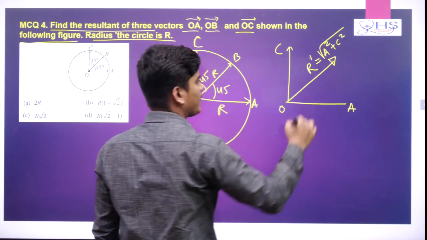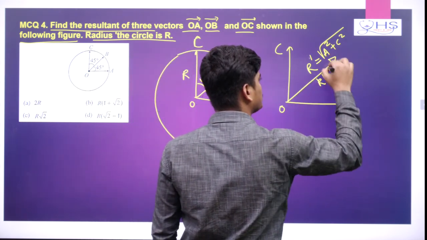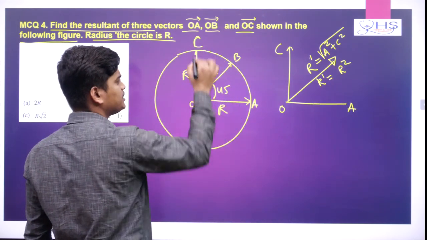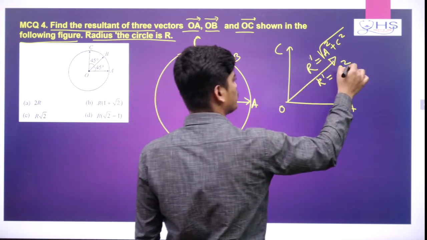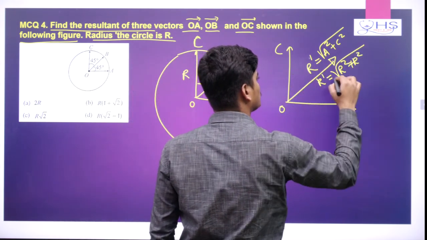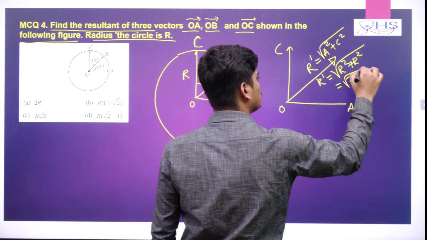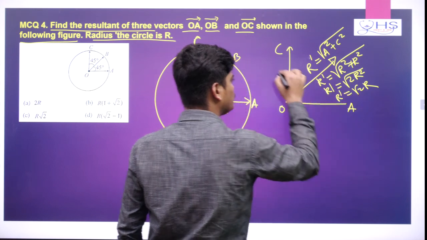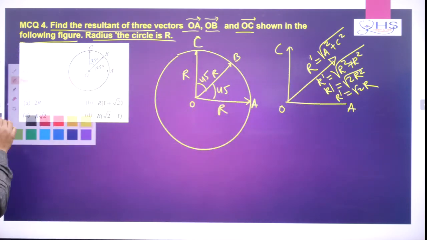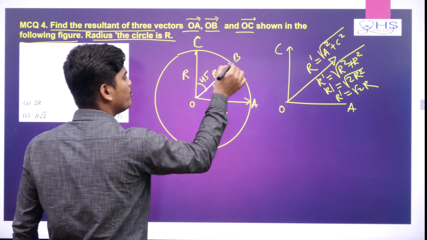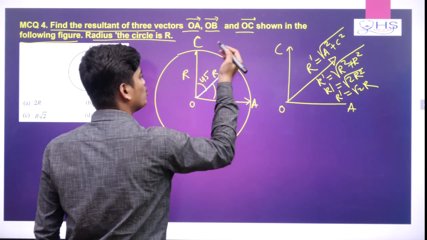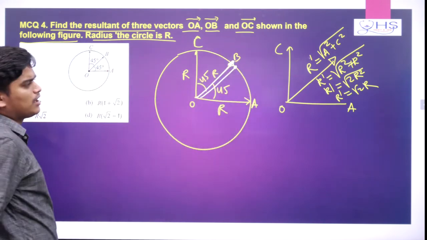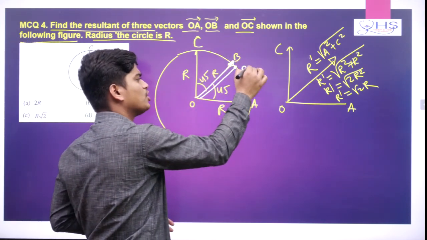And what is this resultant r prime? R prime is nothing but a magnitude, a vector. This is the A vector, this is the C vector. So the A vector magnitude is r, the C vector magnitude is also r, so the square root of r square plus r square, which is 2r square root, which is nothing but root 2 r. So my r prime, the resultant between A and C, is coming in the OB direction. And I also have B in this direction. So B and r prime are both in the same direction.